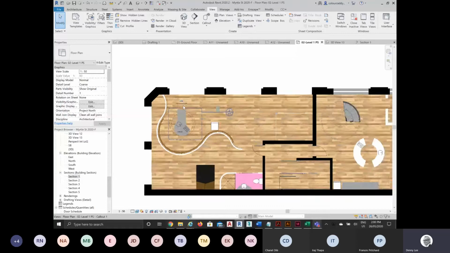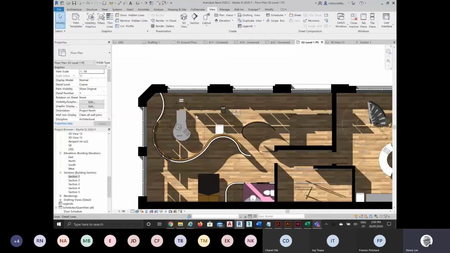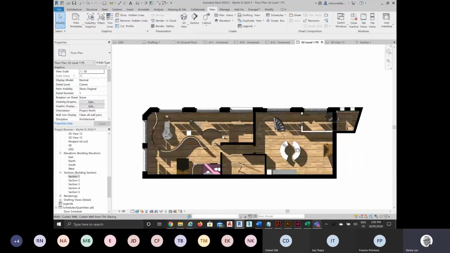So the shadows are okay. They're not perfect though because it's getting a bit confused, casting shadows through the windows, and they're all quite difficult things to resolve, and you don't want to waste time on that. So if I was doing this perfectly, I would take it into Photoshop and do the shadows there, to be honest. But again, just to show you a quick workaround, if we go to graphic display options,